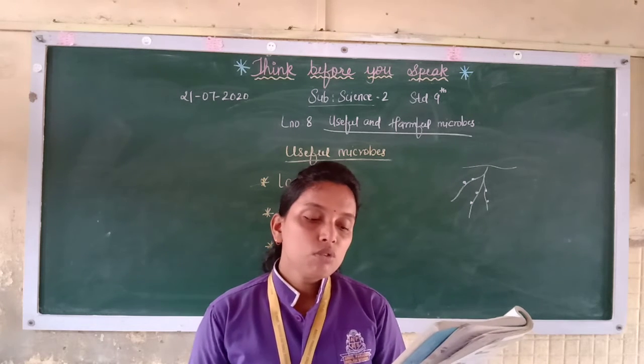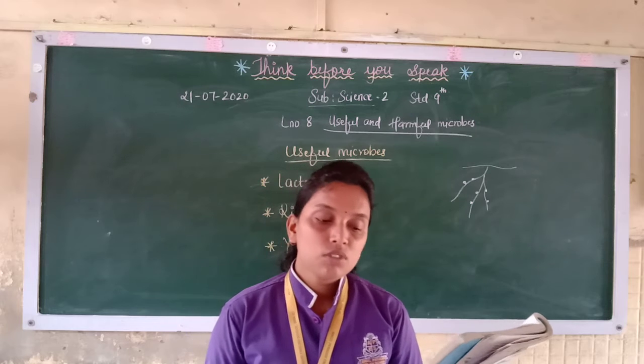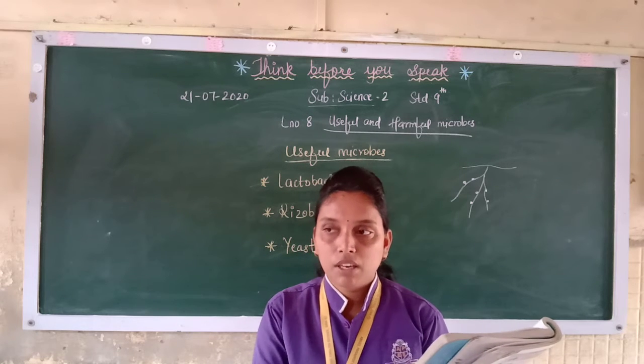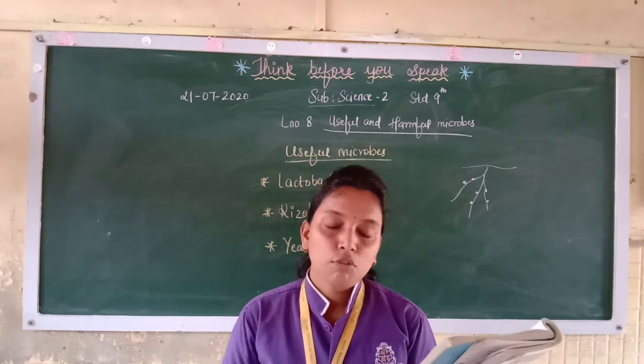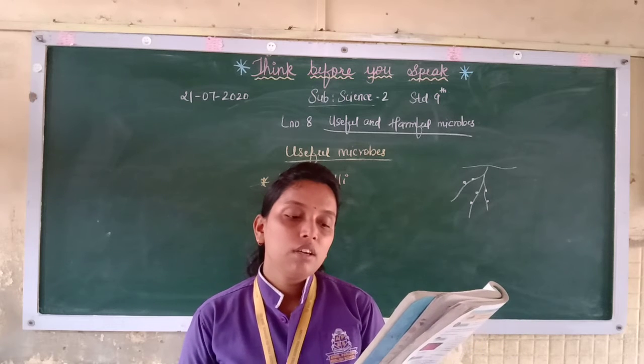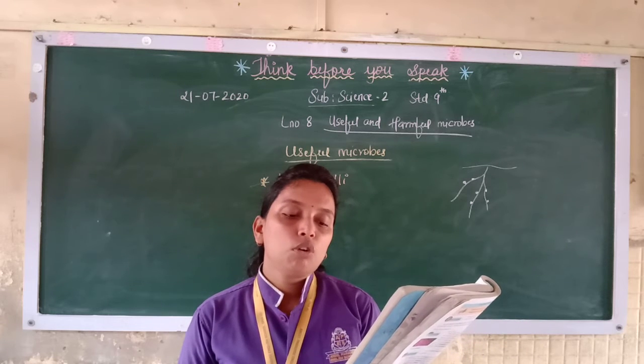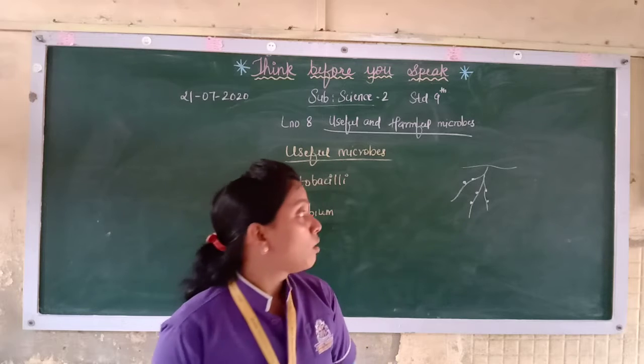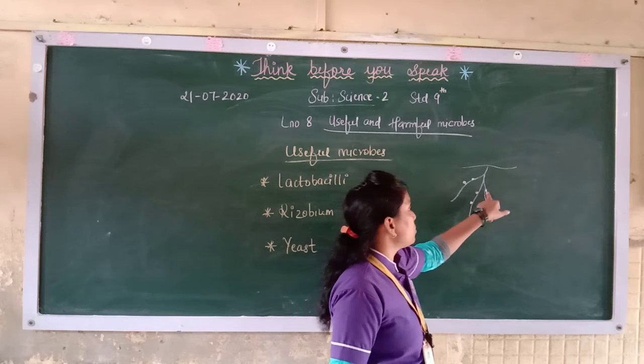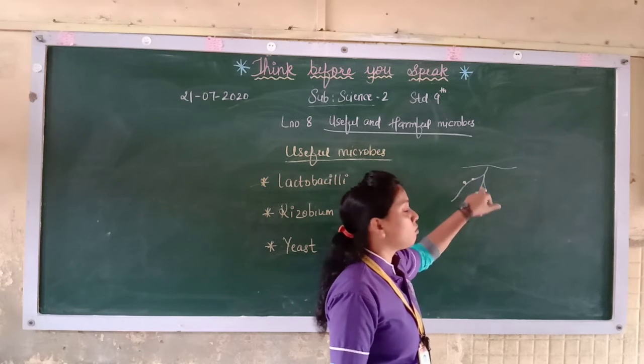Then clean the roots with sterile water. You have to clean with sterile water, there should not be any organisms in it, so you have to make the water sterile and then clean. And take a thin section of the root nodules. Now root nodules means what? If there are roots over here, you will see such structures forming over here. These are known as the nodules.